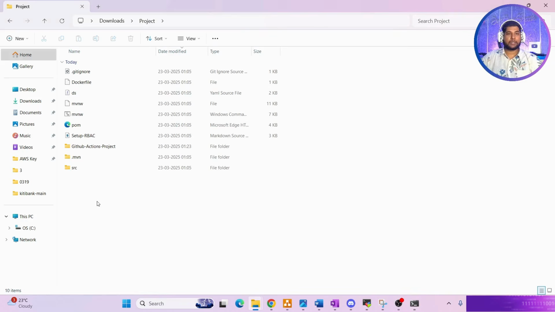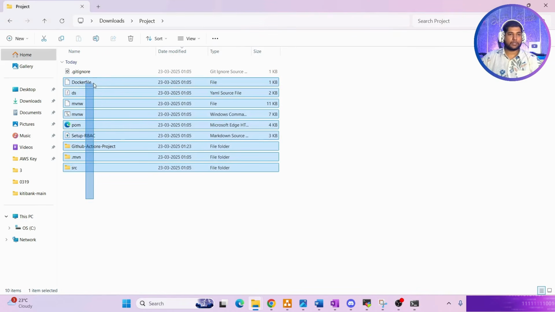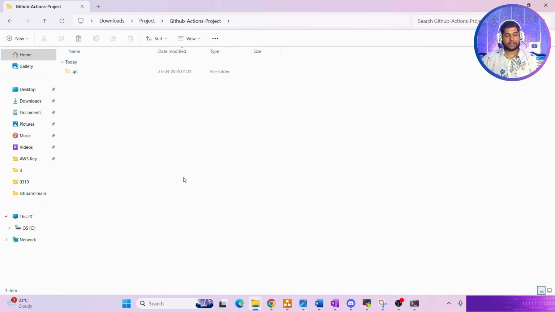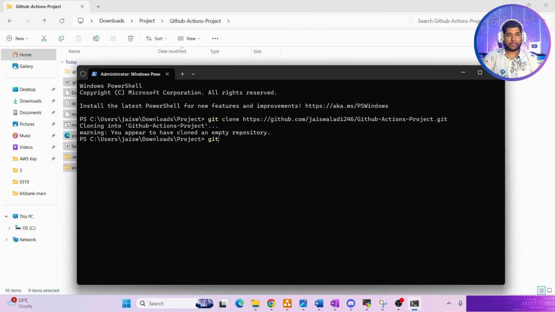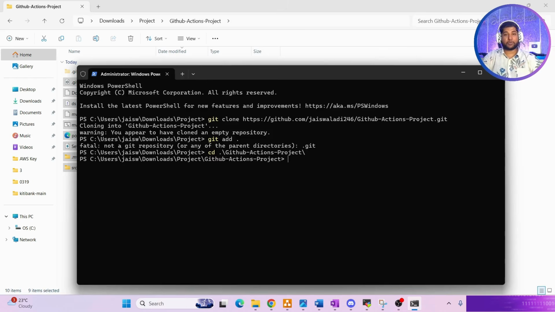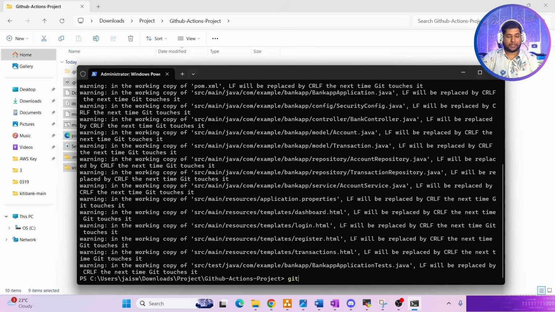It's cloned, and next thing that I want to do is copy the whole code, paste it inside this, then run the command git add dot to add all the files. See, it is giving error because we are not inside Git repository. So we will go inside Git repository folder, GitHub Actions project, and now we can run the git add command, then git commit -m